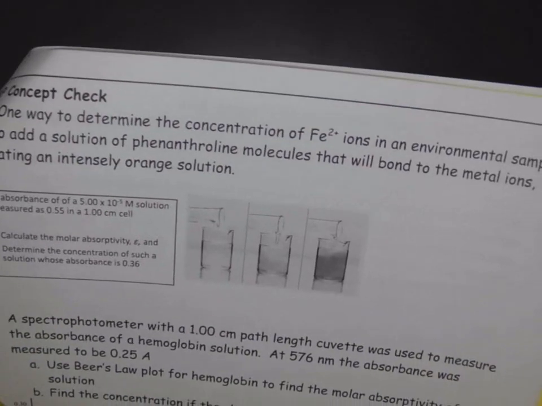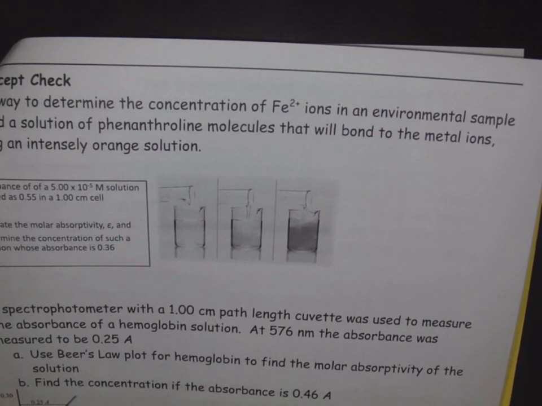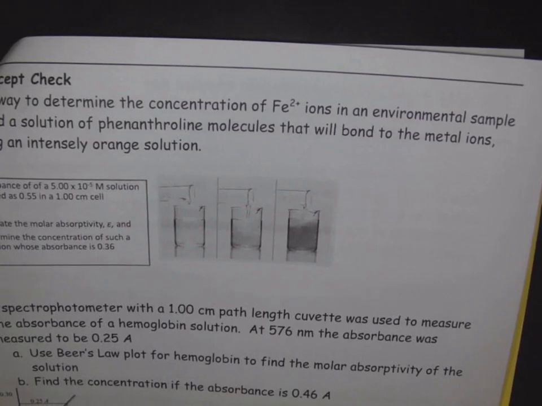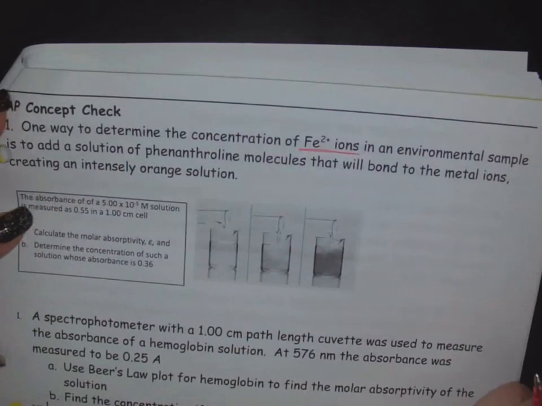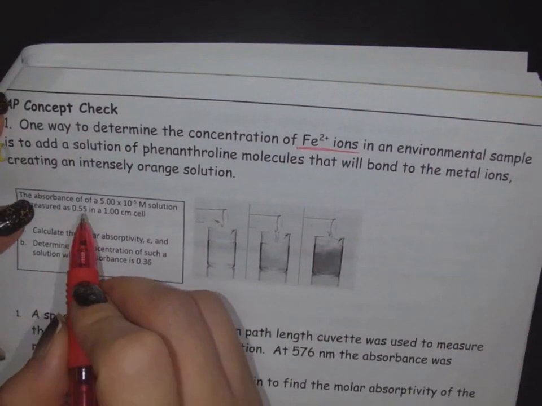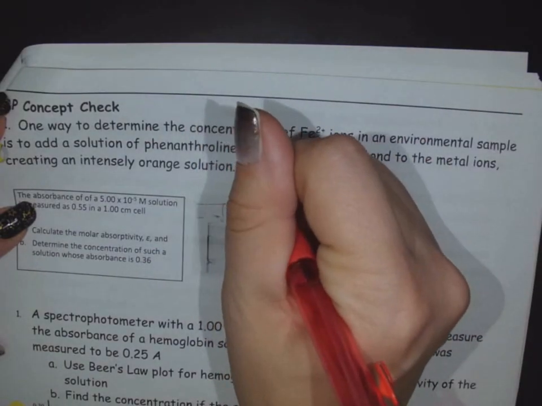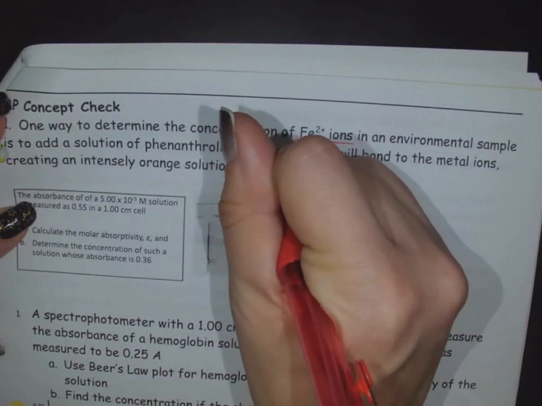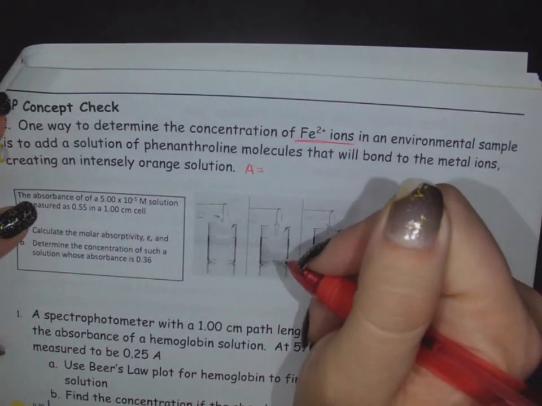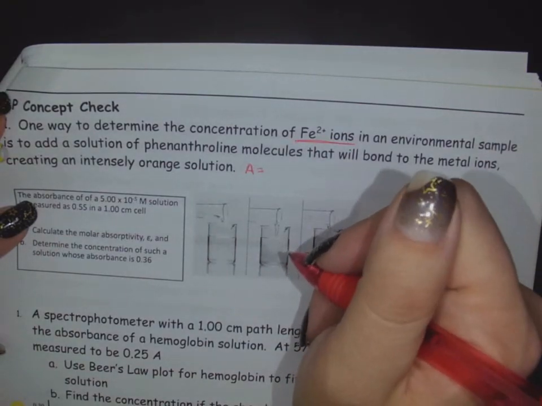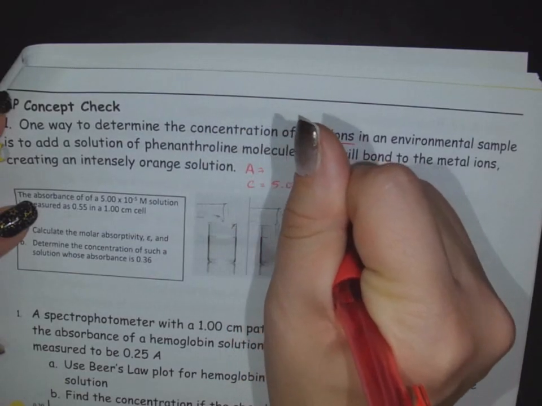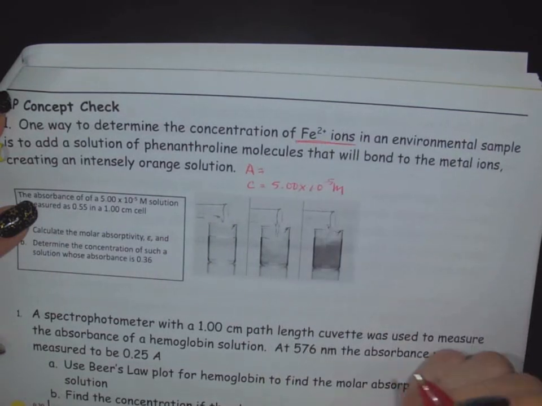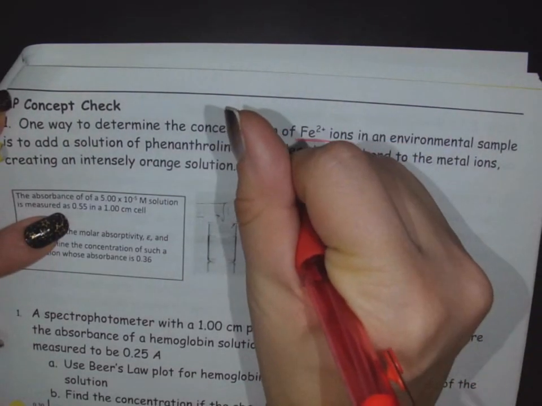So we are going to do one problem here together in the notes. Then we're going to do one in class and get lots of practice in. So I'm going to start here, and it's to do with this iron solution. And it says that the absorbance, so I'm just going to put my list of knowns and unknowns up here. The absorbance of a 5 times 10 to the negative 5 molar solution is measured to be 0.55,